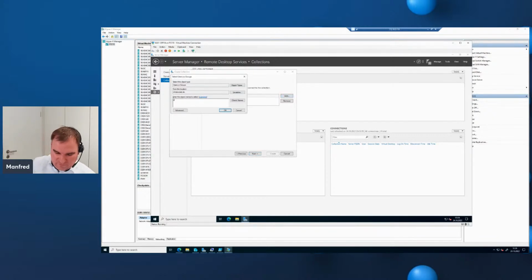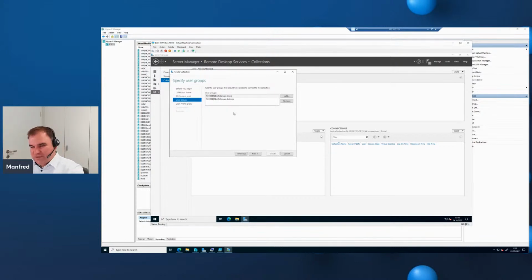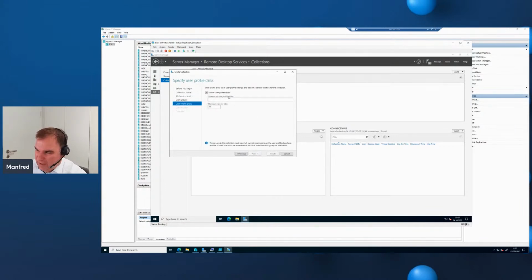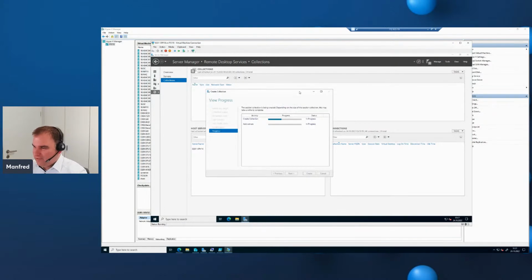I could say I also have the domain admins. Usually you would use your own groups, but I want to have this in a short time. We only have 3 minutes left, so I will add my domain administrators. I can decide if I want to use a user profile disk. I can confirm this. Then I will have a session collection here.